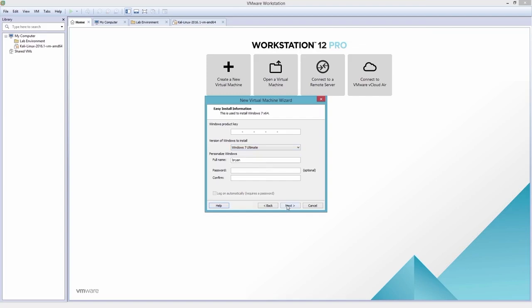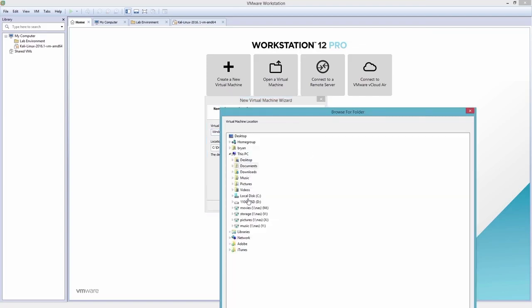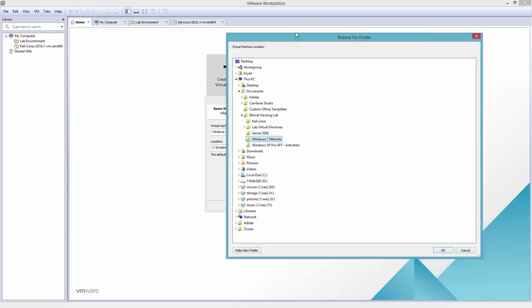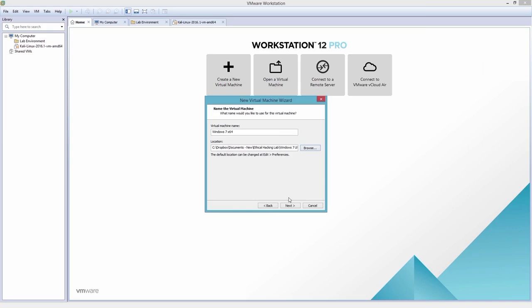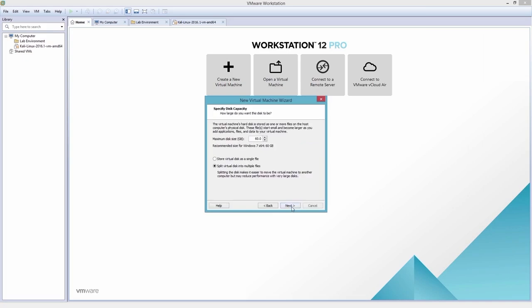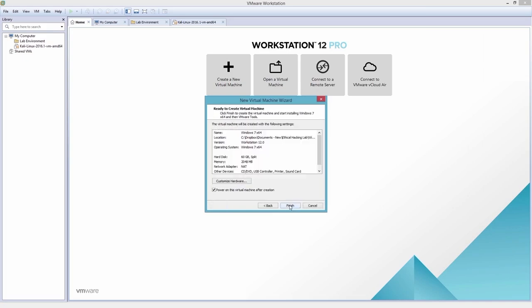You click on Next again. And then put it where you wanted it to go, which for me, I built a very easy to remember spot in this machine. And I'm going to put it inside my ethical hacking lab. And next, you can pretty much next through all those and